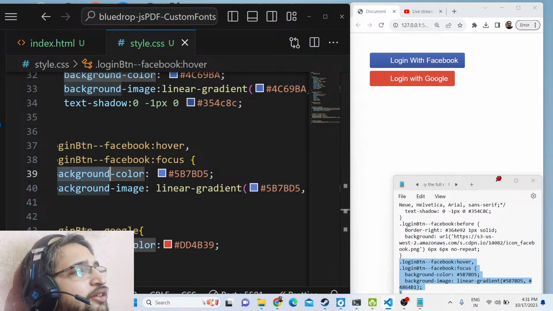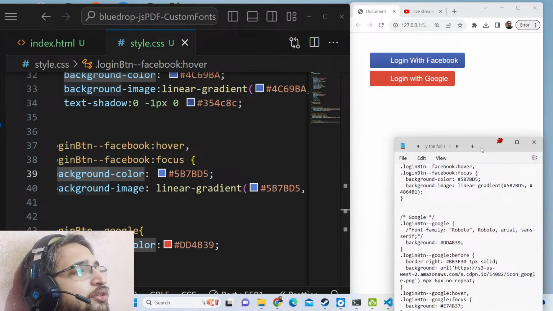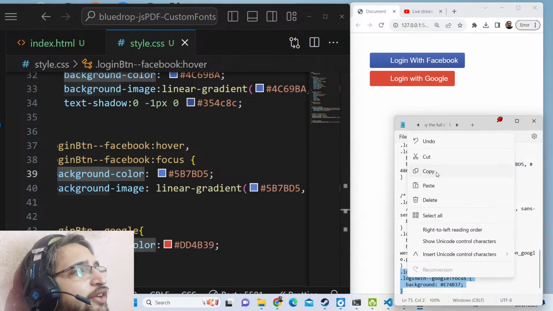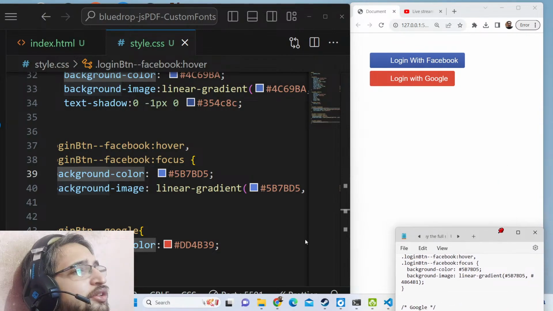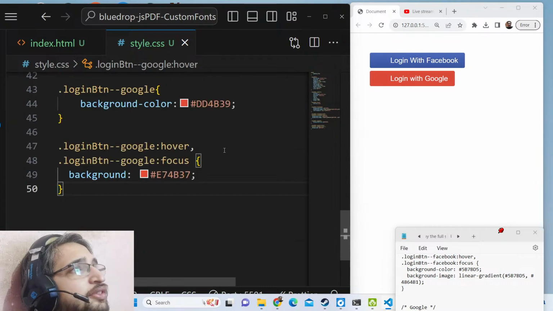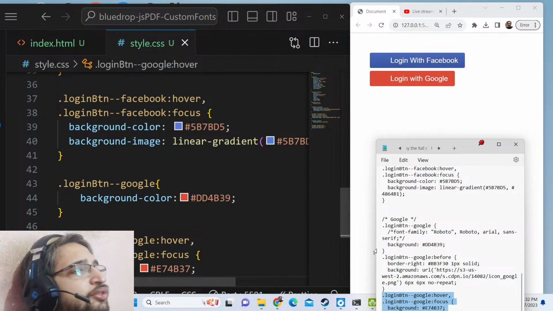Similar thing we also need to do for the Google class as well. So we will apply this hover effect to the Google button as well. Just add this hover class, and now if you hover on the buttons, you will see the effect. So this is our login with Facebook and Google buttons, guys. And we can also use another pseudo class,